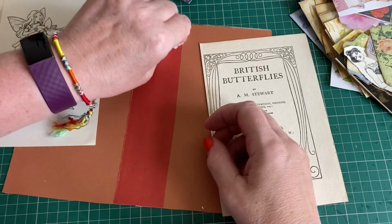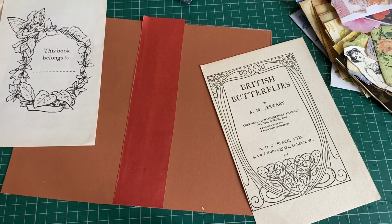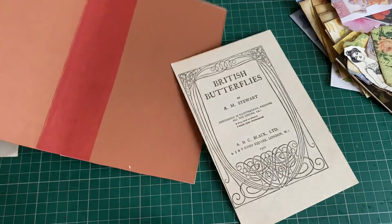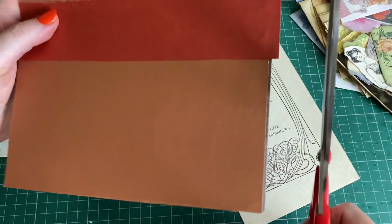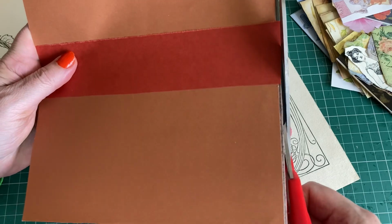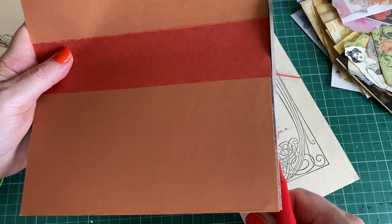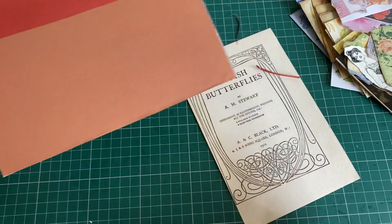And these are the types of journals that I find hard to part with. I've got quite a few grungy journals in my basket full of journals that I really don't want anyone to have, because I enjoyed making them and I enjoy looking at them. Probably far too many, but